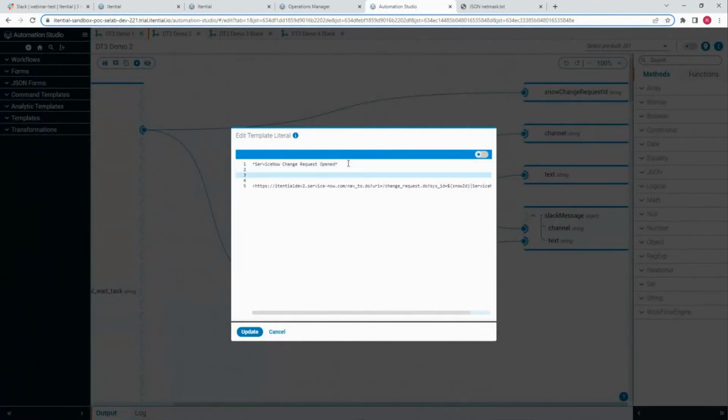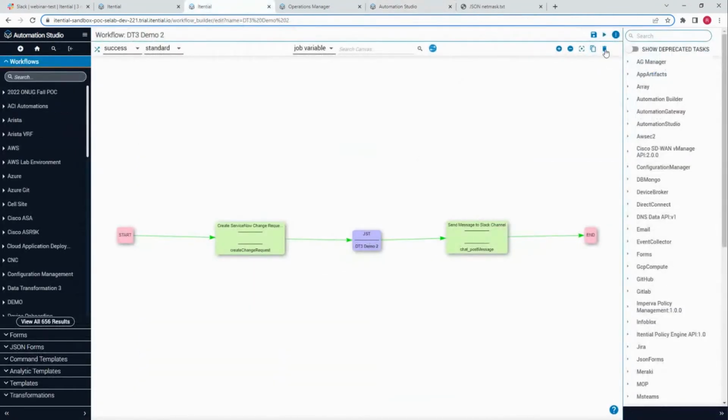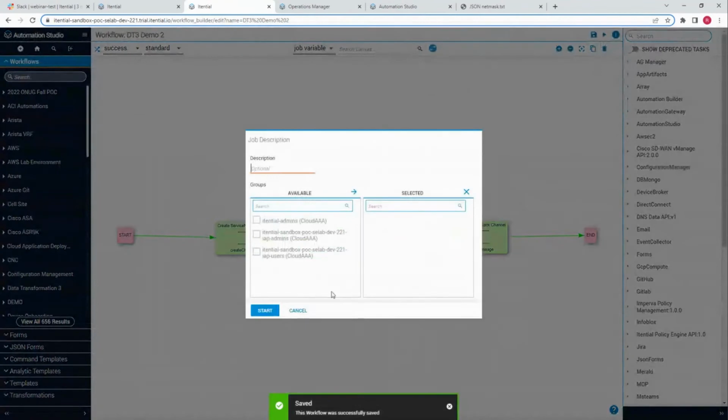So I could post it without a link and reuse the same ServiceNow ID. So I could say, I can add that now to the template literal, update it, save it. Now it's going to add to that template literal so that when we go back to the demo here,